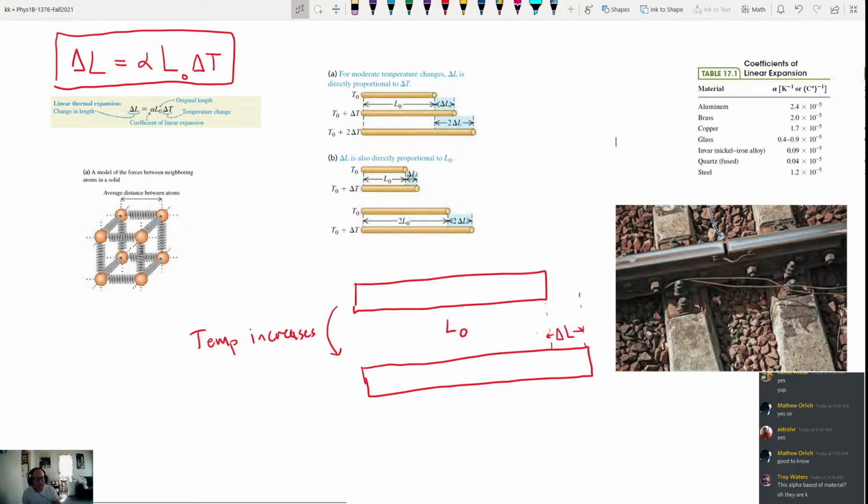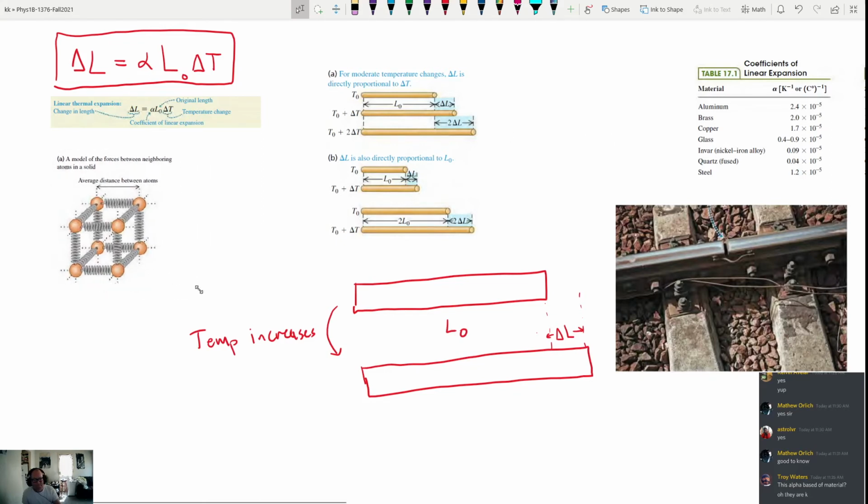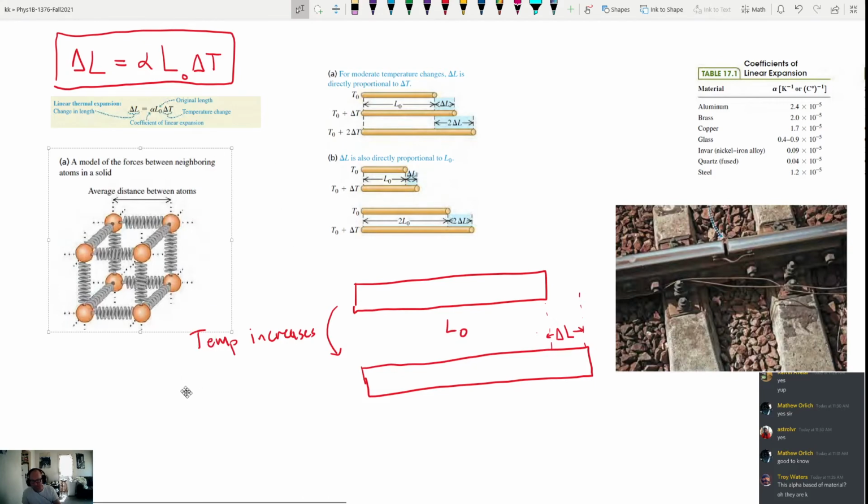Now, part of the reason why this happens is, I can't remember if this picture is from this chapter or from another chapter, but this picture is kind of related to what a metal might look like in terms of how atoms work in a solid. So inside of a solid, especially in metals, the atoms line up in these grid-like, or lattice-like, or cube-like patterns, where each of these balls is an atom, and each of these springs is a spring that,